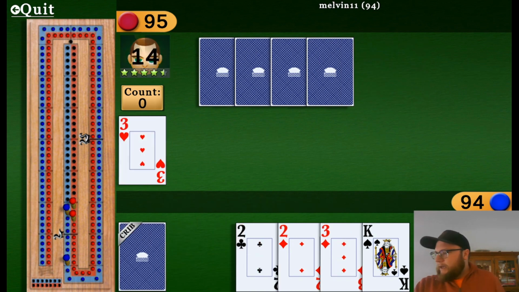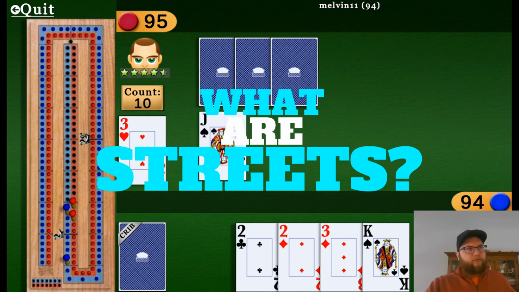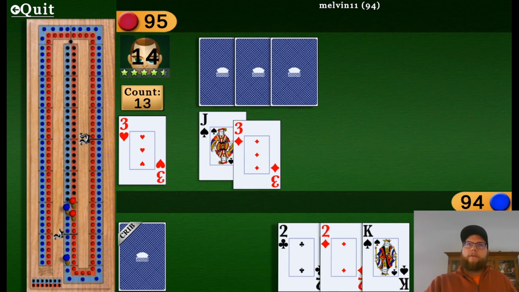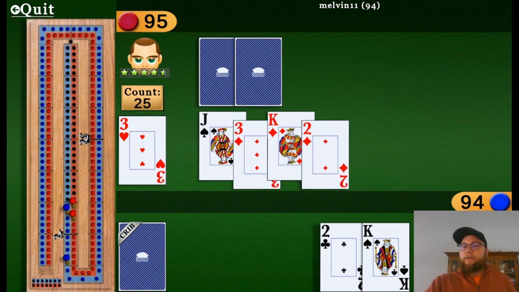Love it. What are streets? So streets are different parts of the game. First street is 1 to 30, then 30 to 60, 60 to 90, and then 90 to the end. It's important to know...